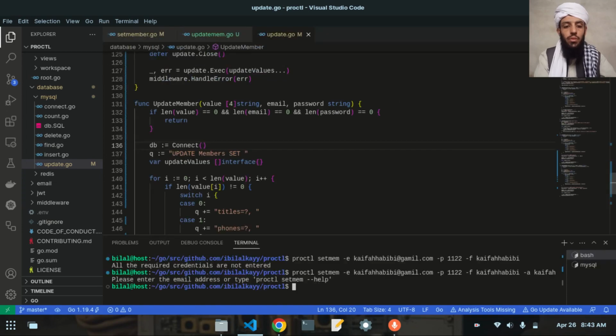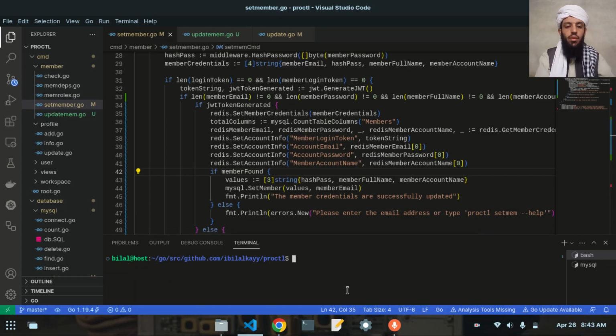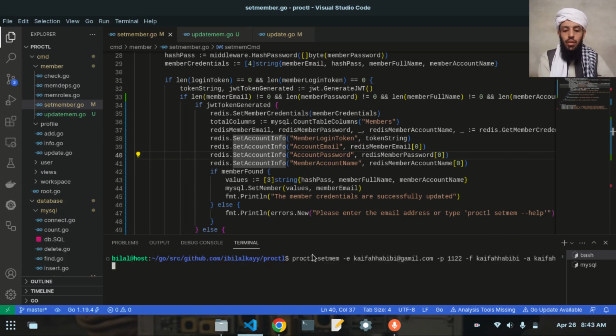Let's check it. Go to the set member. Alright, so as you can see, this thing I need to remove from here, because it is giving me the error based on this. Alright, so I need to remove this like that. So if I install this, go install and write clear, and this time if I again press enter on this,